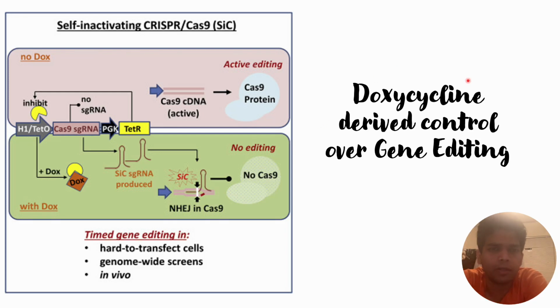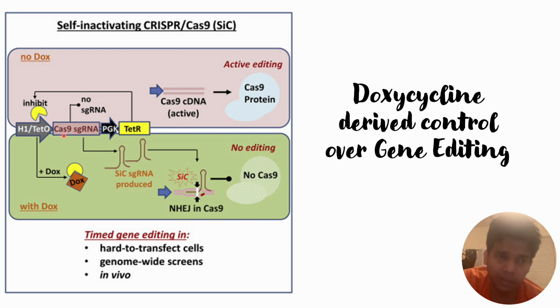Today we will discuss doxycycline-derived gene editing, control over gene editing. So in this video we will discuss how we can use this doxycycline-derived plasmid that can control the gene editing that is going on within our cells with the help of Cas9. So this is one of the examples that use doxycycline as an activating promoter for this